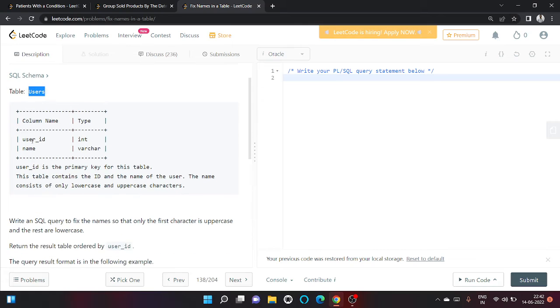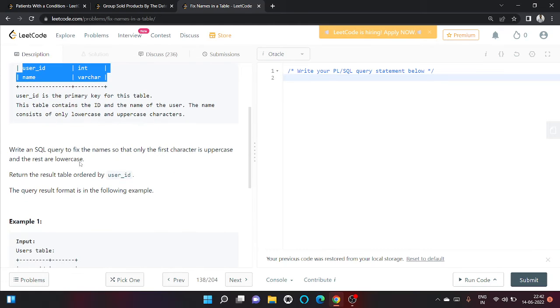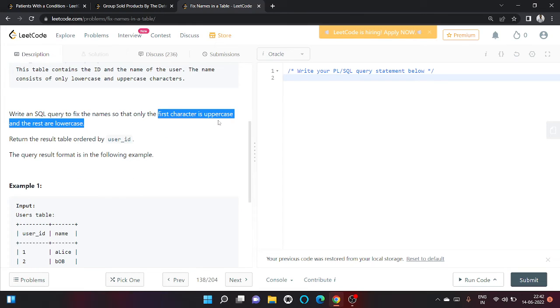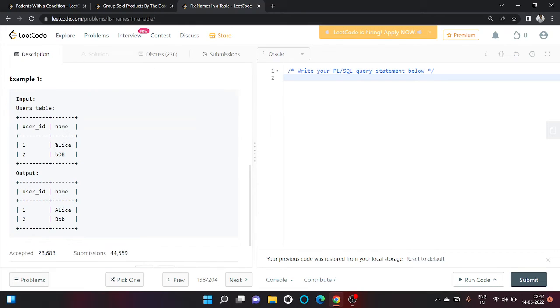We have a table named Users. These are its columns. We need to fix the name such that the first character will be in uppercase and the rest will be in lowercase. So here only A will be in capital and the rest will be in lowercase. Similarly, B will be capital and the rest will be lowercase. So here we have to use the substring concept. Select user ID,